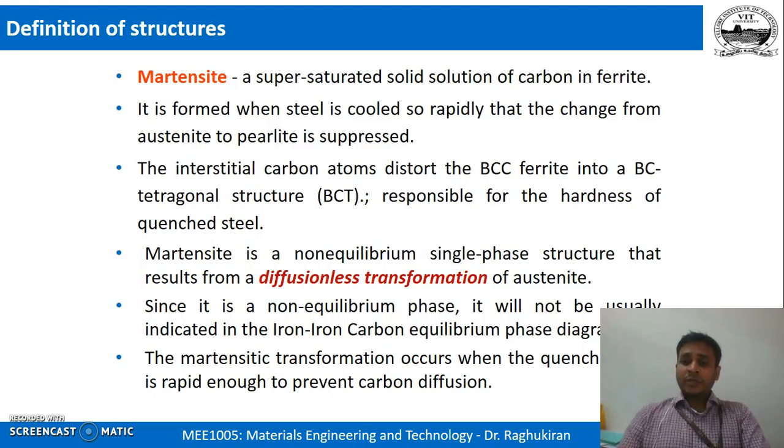But what happens if you don't give time for carbon to diffuse, okay? So from austenite you come so fast to ferrite that there is no time for carbon to diffuse out. So in such cases you will end up with something else. It is not ferrite, but something called martensite, okay, and its crystal structure is not BCC like ferrite, it is BCT, body center tetragonal, okay. So your FCC has been converted to BCT, not BCC, okay, and this BCT structure we call martensite, okay, and